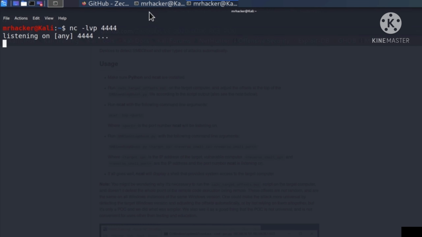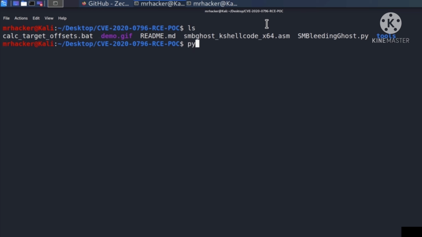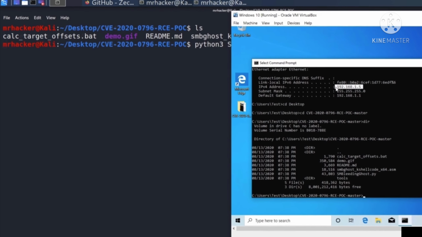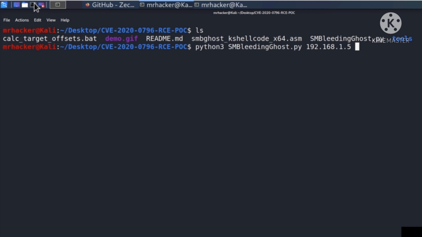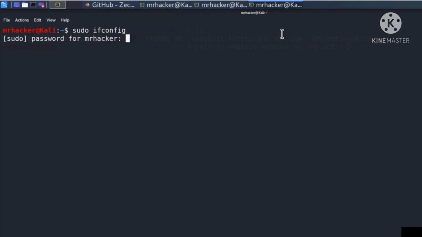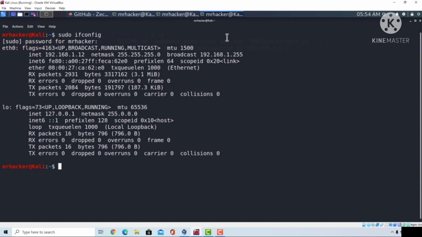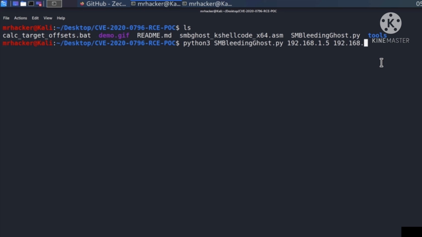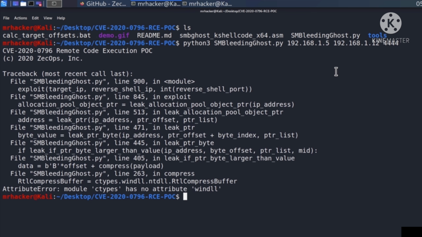So let's try it out. We're listening right here already, and let us run the file right here. We're going to use python3 smb bleedingghost.py, then comes the target's IP address, which is in my case 192.168.1.5, as it says right here. Then comes the IP address of my Kali Linux machine, and I'm going to check it out inside of a third terminal real quick. It is .1.12. So let's type it right here, and the last step is to specify the port number that we're listening on, and in our case that is port 4444. If I press enter,